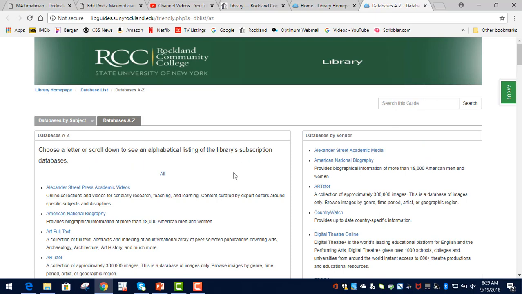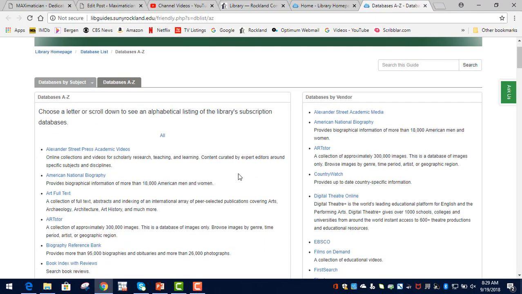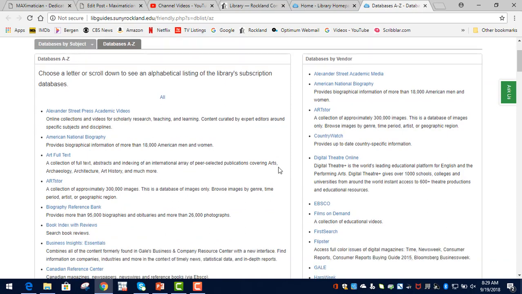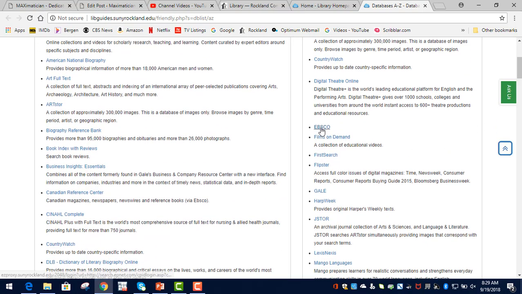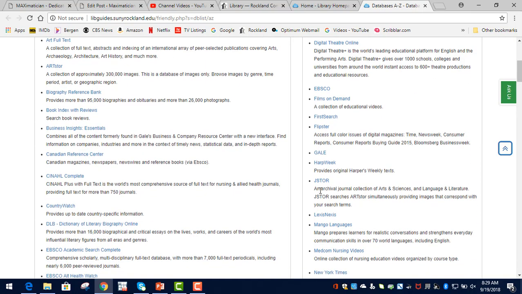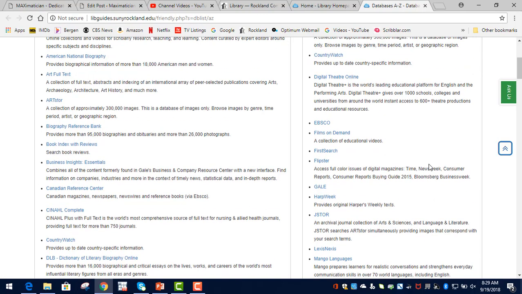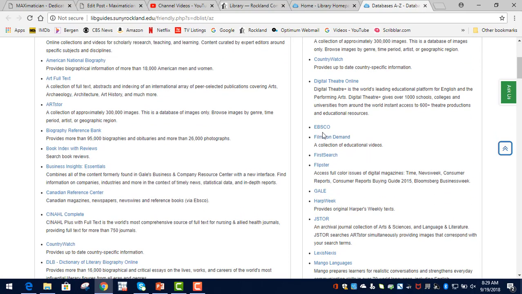Now there's hundreds of databases, and what I'm going to do is focus on a couple of them that have thousands and thousands of peer-reviewed journal articles. One of them is EBSCO, which is a huge search engine for peer-reviewed articles, and JSTOR is another one. So let's go to EBSCO,